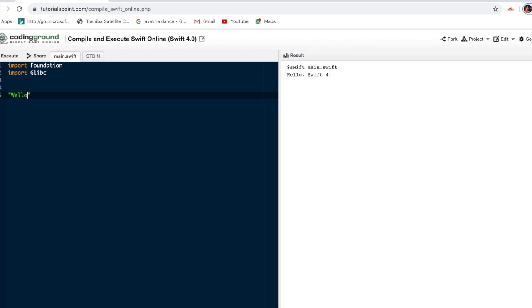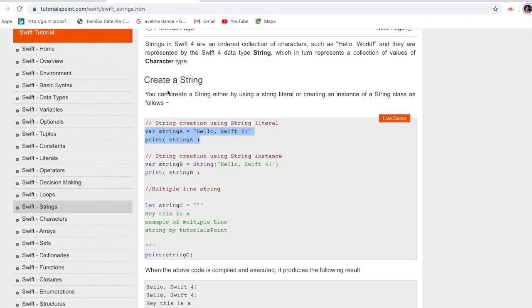We must save it in a variable, like var, and we can give the variable any name. Then print the variable. Executing it, I get the output, welcome, hello. So this is a way to create a string.